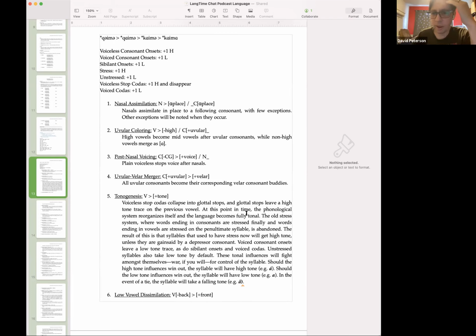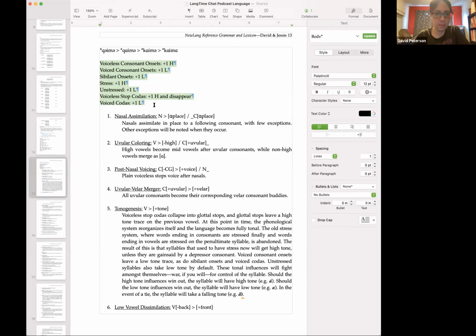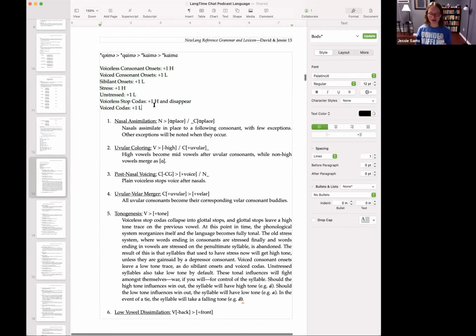Okay, so let's go ahead and actually walk through and apply these rules to at least a couple. I'm looking at the time. Yeah, we're almost coming up on the end, but I also just want to leave these somewhere so we don't have to read a whole paragraph to remind ourselves. Having it written out with stress does this, unstressed does that, I think will be very helpful. Cool. And so we're starting small.